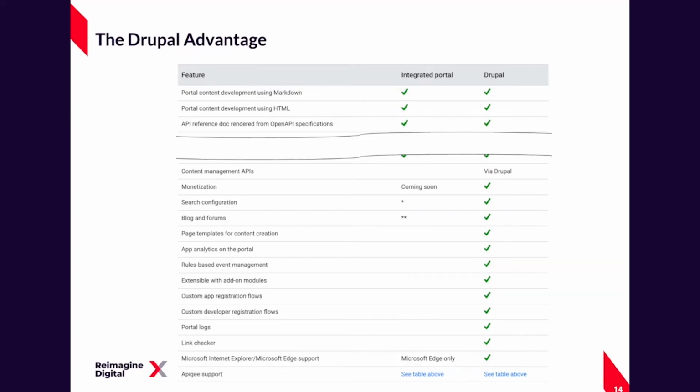So now there's a lot of advantages for using Drupal with Apigee that we've mentioned already. A lot of them are due to the fact that Drupal is just a great content management system in itself. So you get things like search configuration, blog and forums, custom content type integration, extensibility through the module system. But there are also key advantages specific to Apigee: monetization,